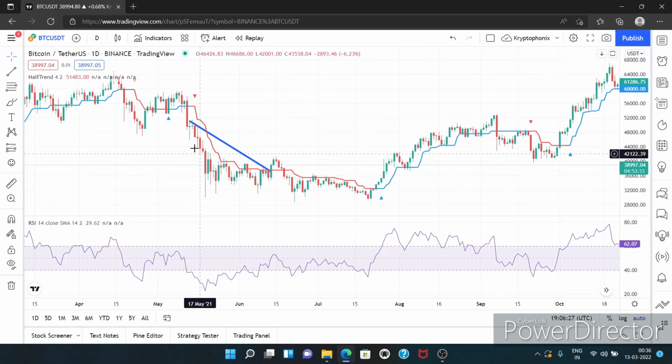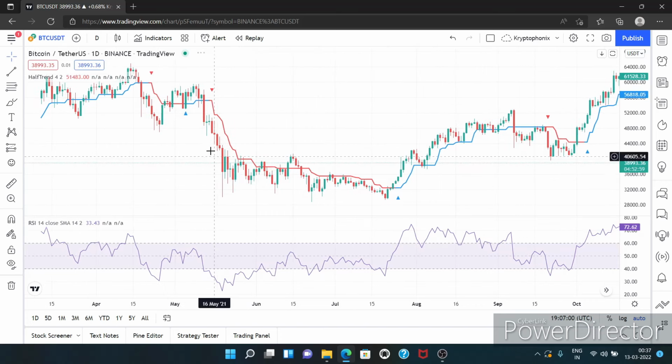This point over here, the line turned. Okay, let me remove this one first. So this point over here, the line turned red and the RSI is well between the channel, which gave us a signal to sell. What we observe is a good down move till these levels. As the next candle gave us a closing above the high of the previous candle,